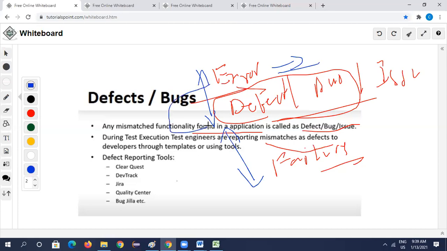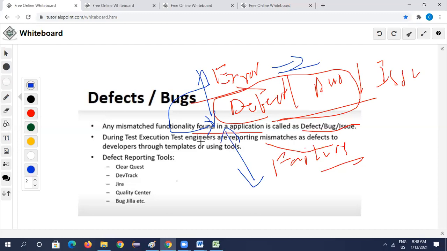When these errors are found by a tester, they are called defects. The errors that could not be found in unit testing, but which a tester has found in testing, are called defects.